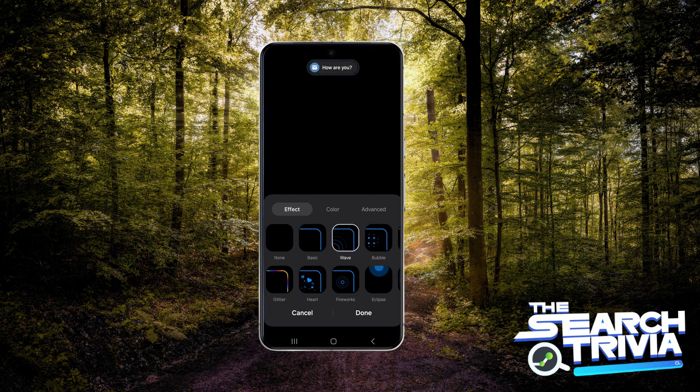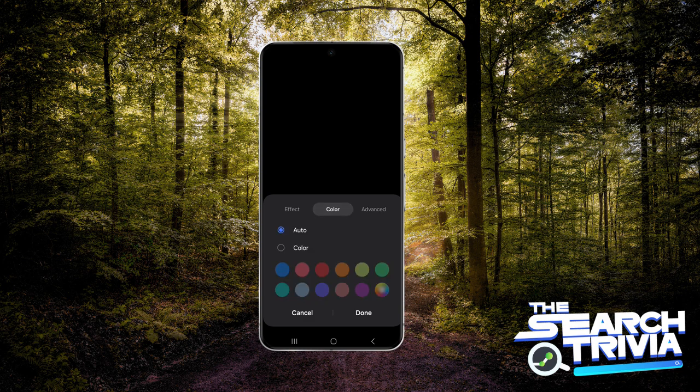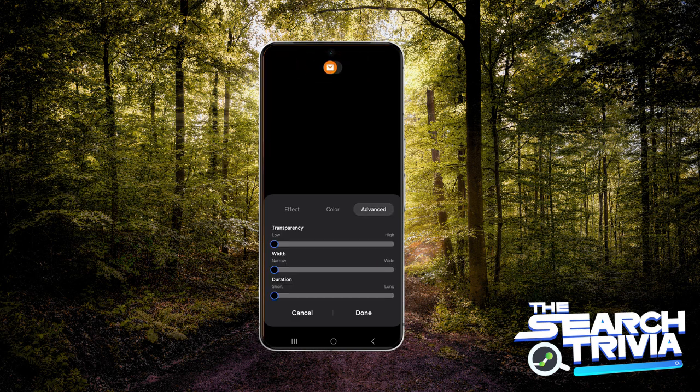So there's a whole bunch of effects that you can pick from, and then you can customize them by setting the color. So there's this little tab here where you can set the color, and then you can go to the advanced tab here to set the transparency, the width, and the duration of the edge